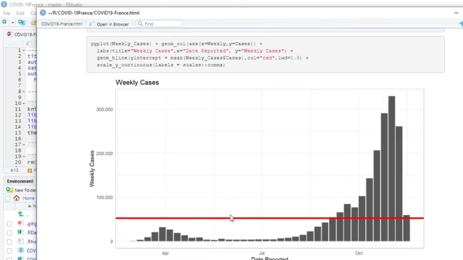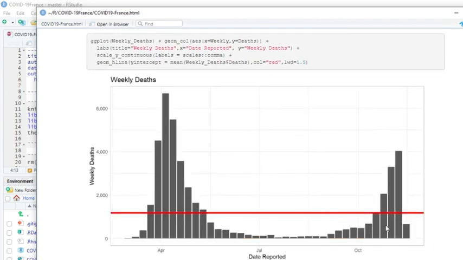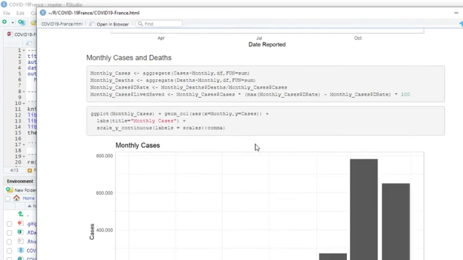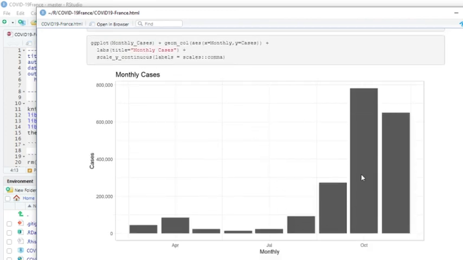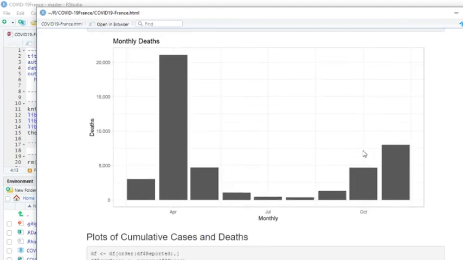Let's take a look here. So this is average cases per week. You can see there's this huge spike up in cases. You can see we had 3 straight weeks of increasing deaths, COVID-19 deaths in France. By month, 3 months increase in cases. And we almost caught cases in France for November. Deaths, 4 straight months increase in deaths, with 2 weeks to go in November.